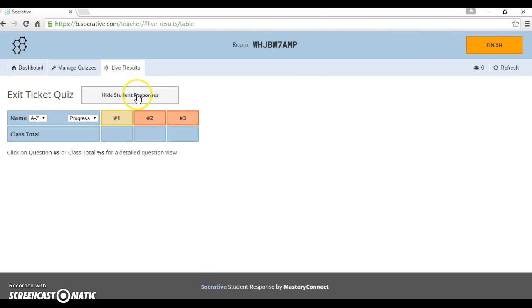And the exit ticket quiz is really simple as well. It's kind of similar to the quick question, except you get to do it not only towards the end of class, but it can show names. You can put in a question that is relevant to the material you covered, and or a question